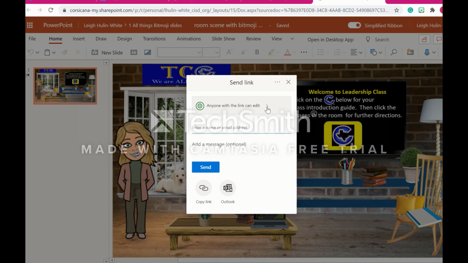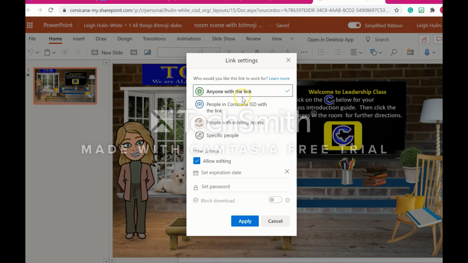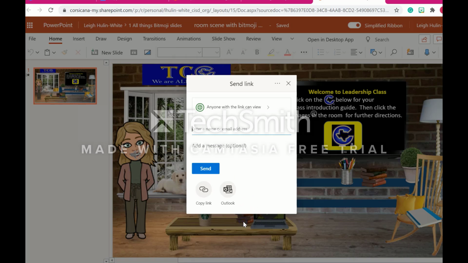Now there are 15 different ways to get something into Canvas from Office. But we want it to look like when they open up that page, it's there, okay? We know how to do that, but then to make the links active, this is the way. So I went up to Share, and I click on anyone with this link. I don't want them to be able to edit this. So I click here, and then I apply. Once I do that, I am going to copy link,